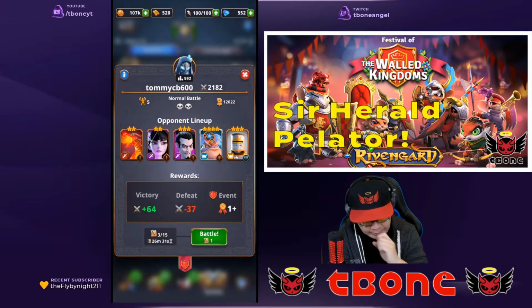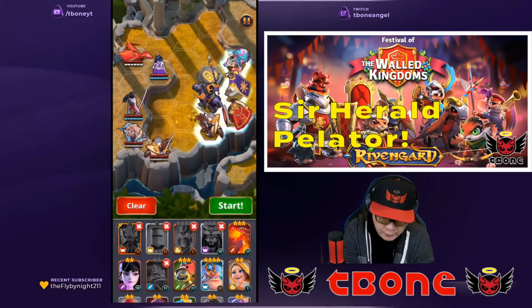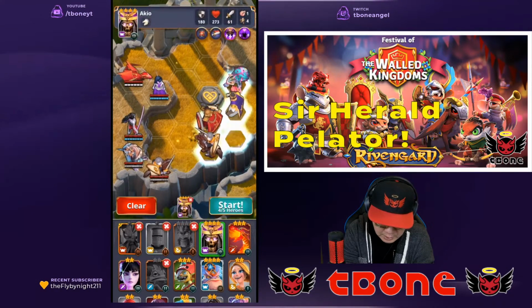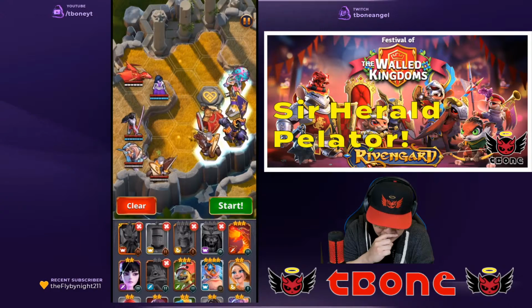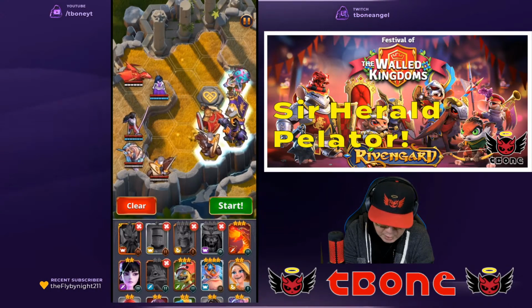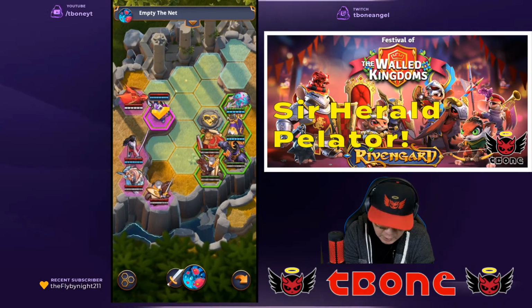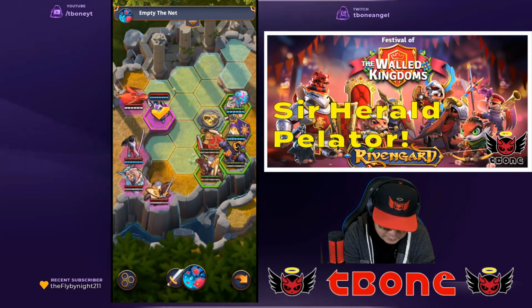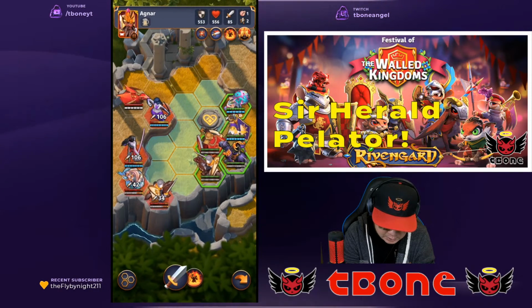Let's go ahead and we'll go up against Tommy C. Right. All right, very tight map here. So let's go ahead and set up like this. I'm kind of curious if I were to use... I will have to move, which I don't want. So let's go ahead and just...